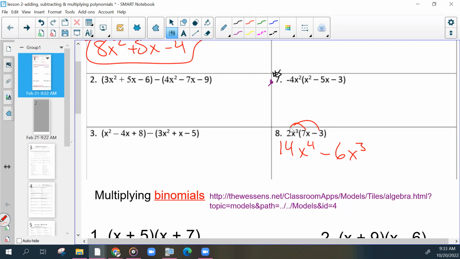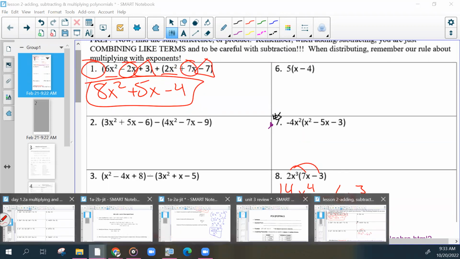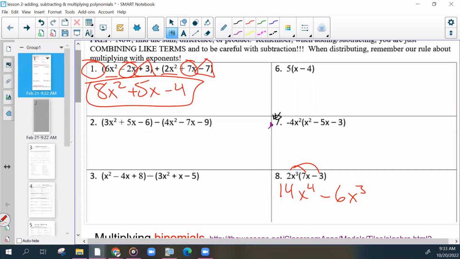6. I think 6 is on here, and I think 6 is the same. So this would be just like a normal distributing problem. 5x. Some of them will be like that. If you don't have x's, you don't have to apply the exponent rules. Other questions 1 through 6 or 1 through 10? Or really 2 through 5, 7, 9, 10.